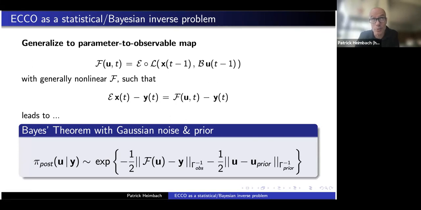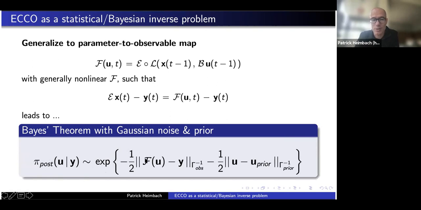Basically, what I'm now finding is this misfit here, and I can reformulate Bayes' theorem as the posterior in this much simpler form,